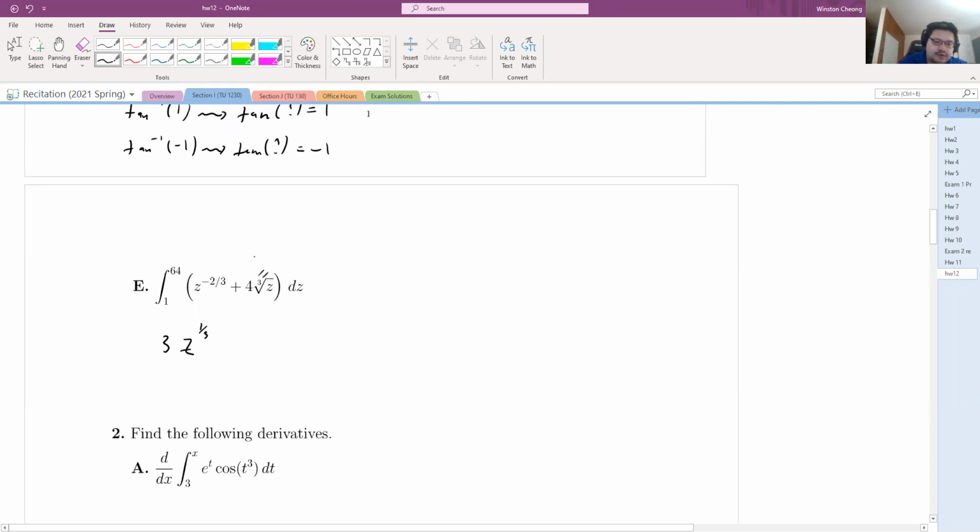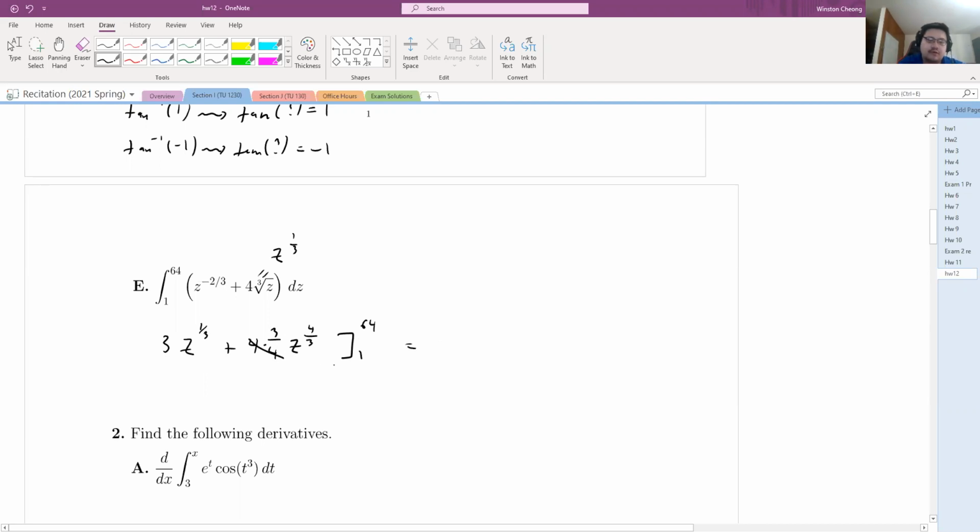And this one, this is z to the 1/3 power. So if you add 1 to that, you get z to the 4/3. Reciprocate that, you get 3/4 for multiplying. And so it cancels. And now you want to evaluate this whole thing from